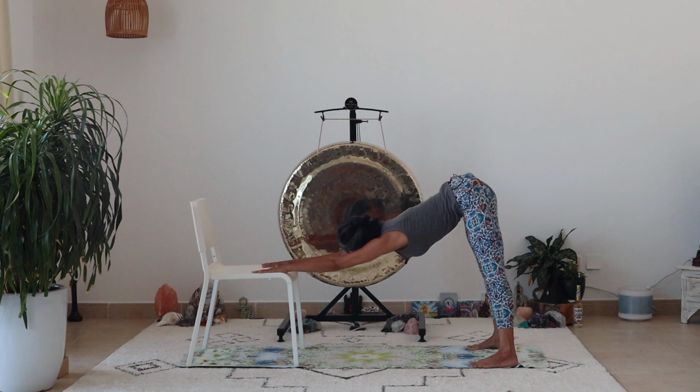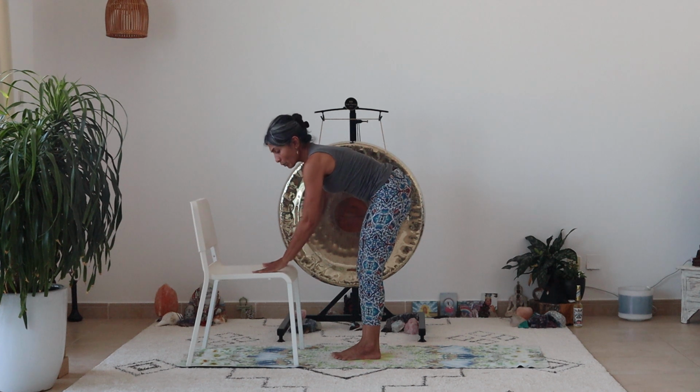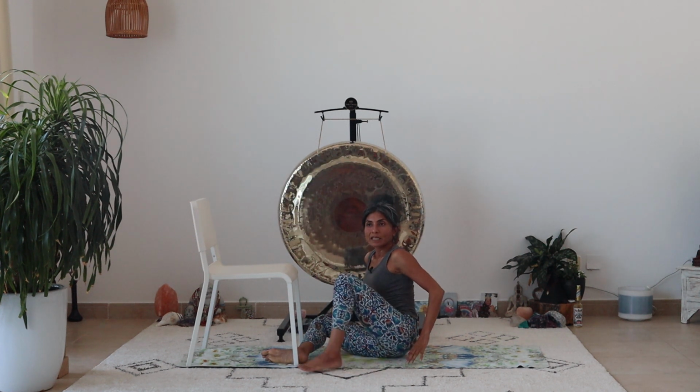Move the dorsal spine in. Don't drop your head. Just keep your head in line with the rest of your spine. Keep pulling back. Legs firm, thighs tight. Now start to look forward, walk forward, and come up. Now we're going to do another variation of a slight